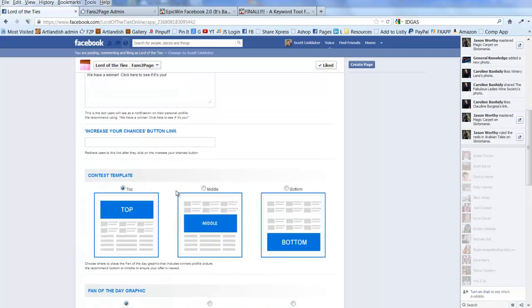Okay, now if we come down here to the next button, the increase your chances button link, it says redirect users to this link after they click on the increase your chances button. Now on the application offer page, and we'll show you in a minute exactly what that looks like, there is a button when people go to check to see if they are today's prize winner. If they are not the prize winner, they'll be presented with a button that says increase your chances of winning